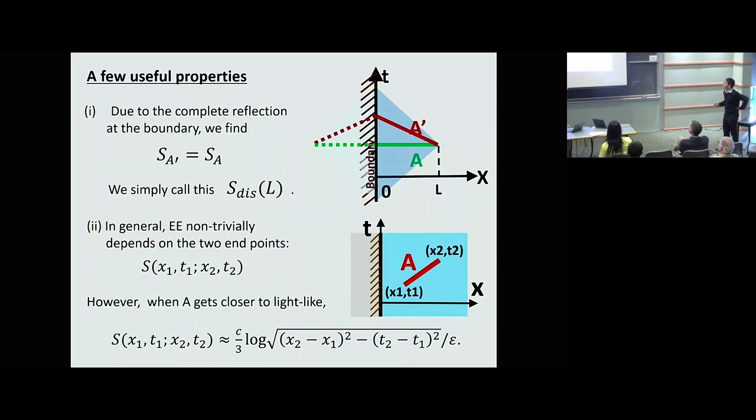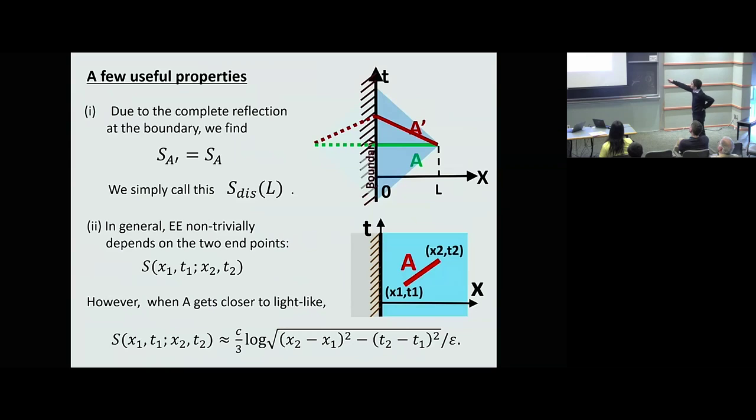To show this, there are two tricks. It's not very elementary, but it's somehow very important. Both only arise in the presence of a boundary. So if we have some boundary, the entanglement entropy for this interval is equal to that of this interval. The difference is just the endpoint; there are two endpoints, and one endpoint is the boundary. They are different, but the bulk endpoint is the same.